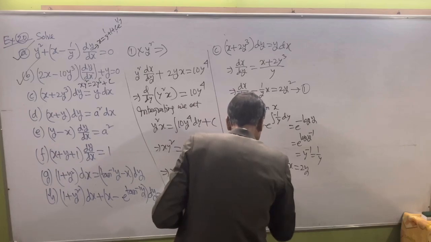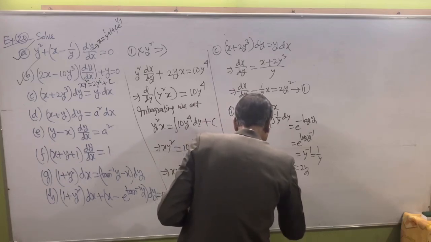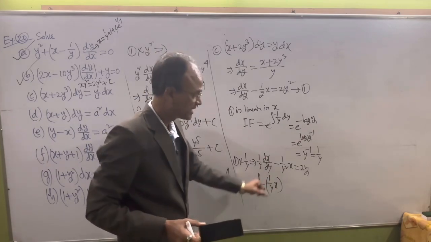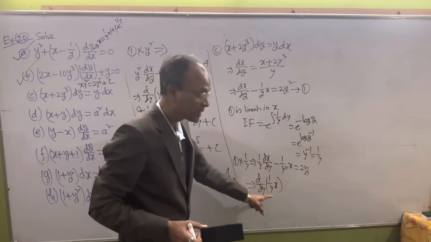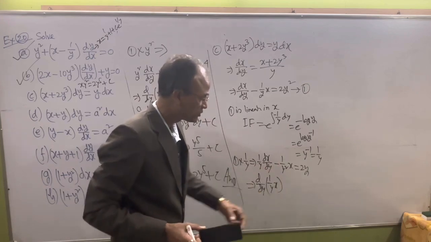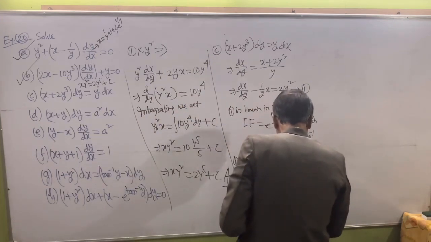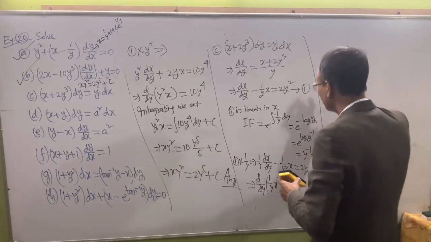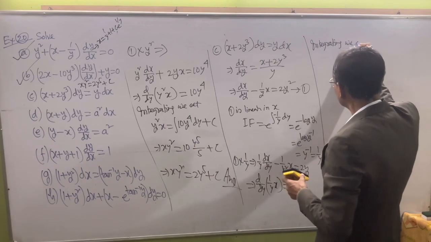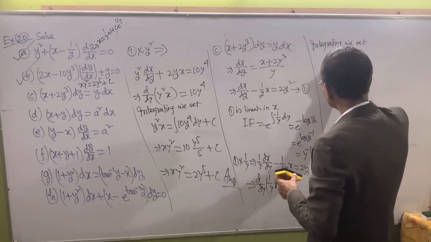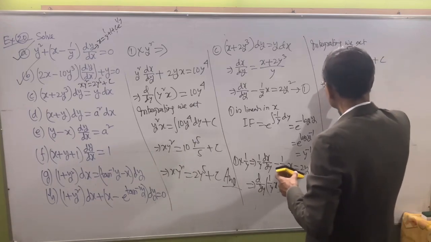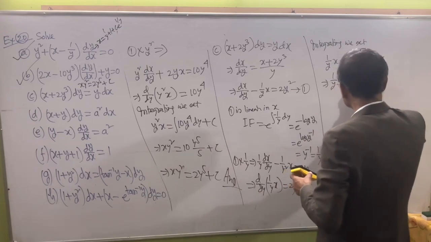Obviously, this can be written as 1 by y x. First function 1 by y, differentiation of x is dx by dy, plus x times differentiation of 1 by y, which is minus 1 by y square. This is equal to twice y. Integrating, we get 1 by y x equal to integral of twice y dy plus c. This means 1 by y x equal to y square plus c,